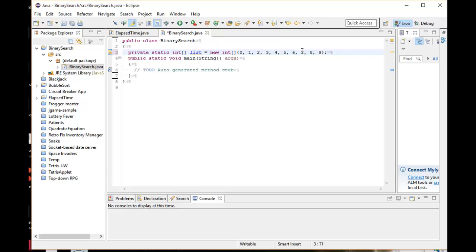So binary search. First thing, in order to use binary search, it has to work on a sorted list. So the first thing you have to do is sort the list. Otherwise, binary search is pointless. So now that we have a list that's sorted,